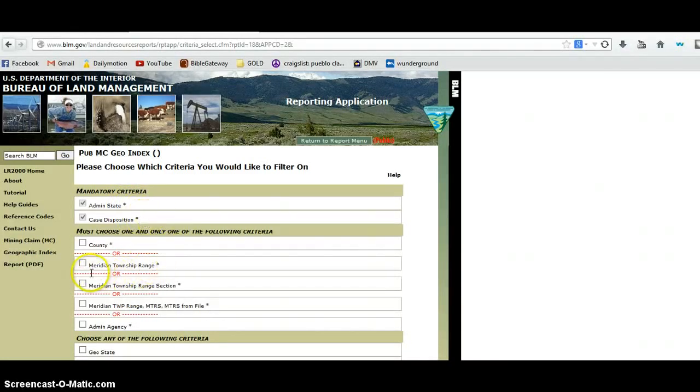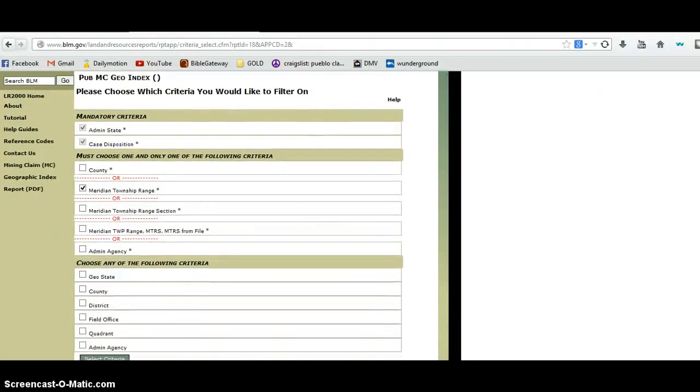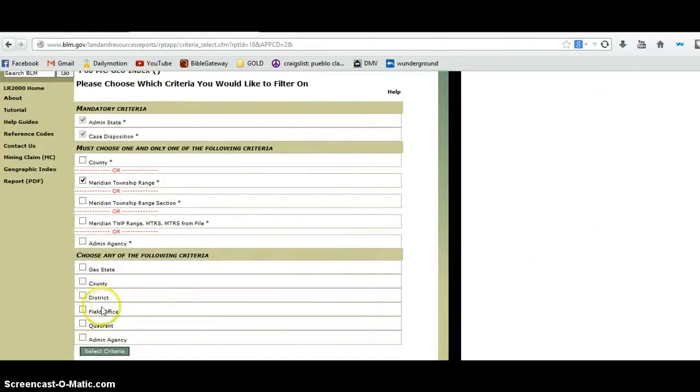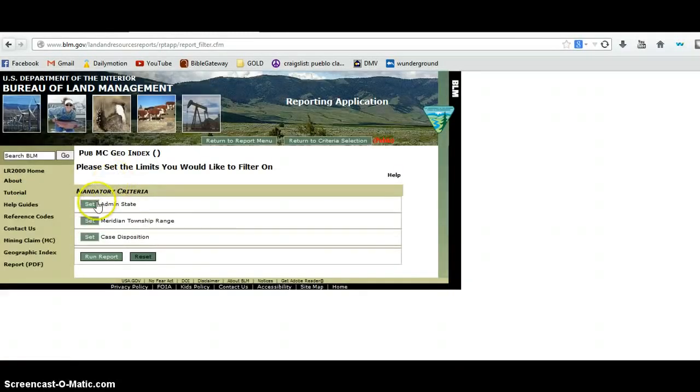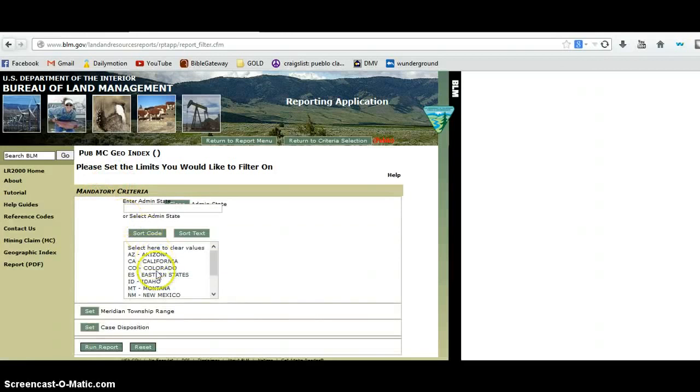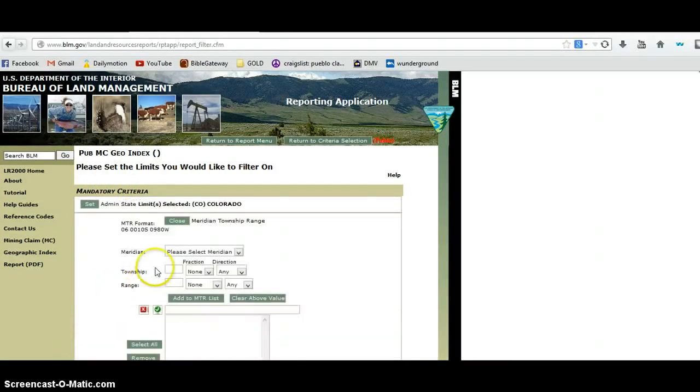And I'm going to select by the Meridian Township Range, which is the PLS system, and you can choose by others. You can look in counties, districts, administrative offices, but this is going to zero it into a specific region, that township there. So once we've got that, we need to select criteria. I am in Colorado, so my admin state is going to be Colorado. My Meridian Township Range, so I know it's a 6 p.m. and this was what, 82 south,